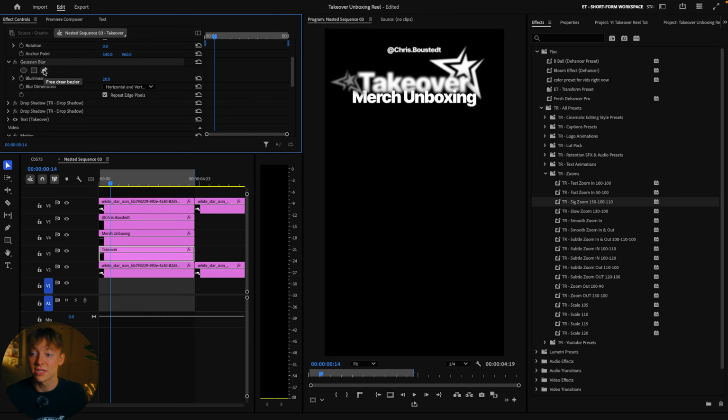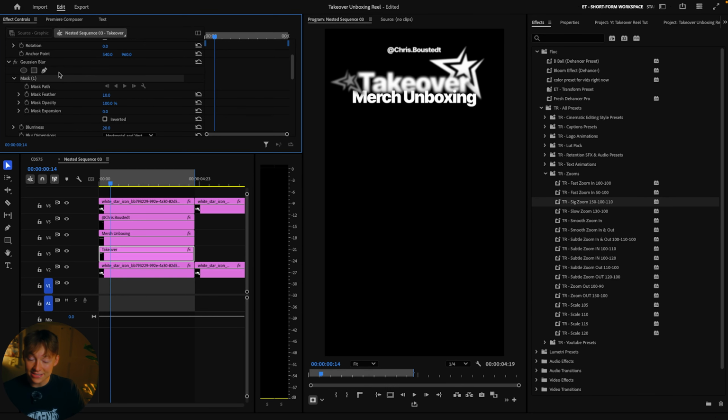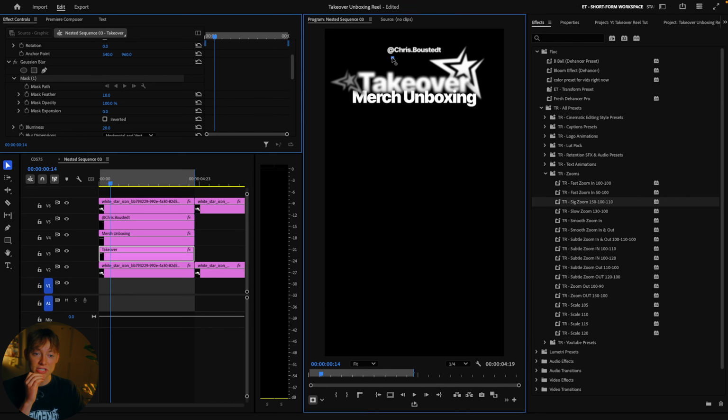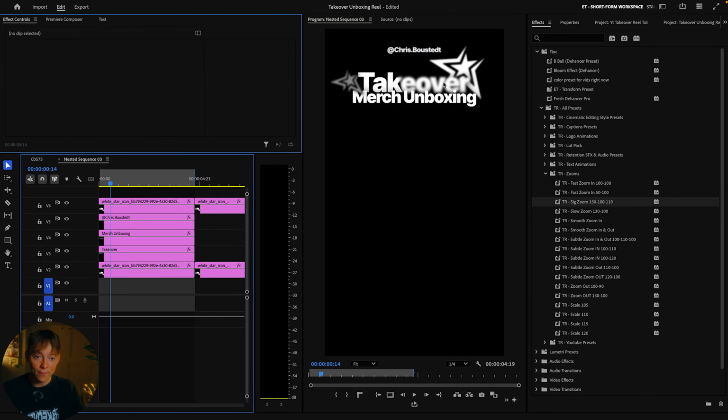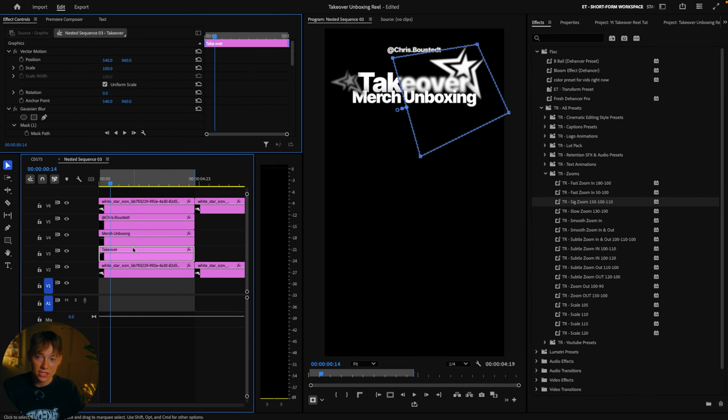And then you can hit the pen. That's gonna make a mask. And what masks allow you to do is, so I'll just click right here, here, and here, make sure to connect the mask, and now boom, the mask is just gonna grab that entire side, just like so. Now you can see we're kind of getting that effect, but it's not the way we want it, because when